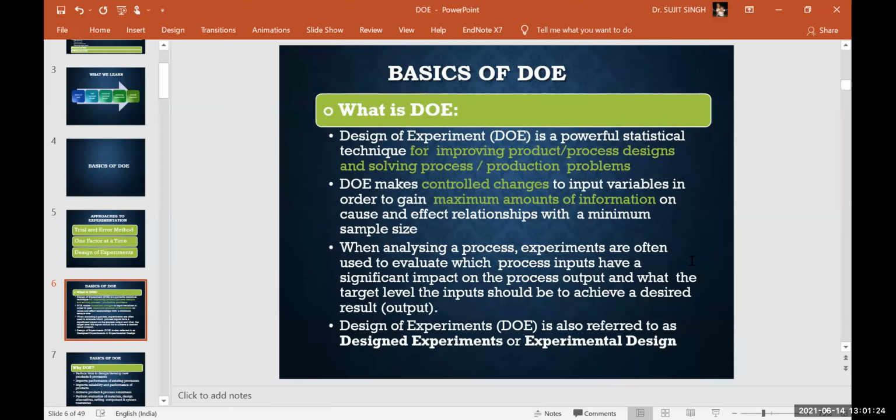And what target value do you want to achieve? There should be some target value. The target value may be minimization. Let's say you take surface roughness as the output. You are talking about the response as the surface roughness. We try to minimize the surface roughness as much as possible. So there our objective may be minimization, minimize the surface roughness. And that is known as lesser is better. Okay.